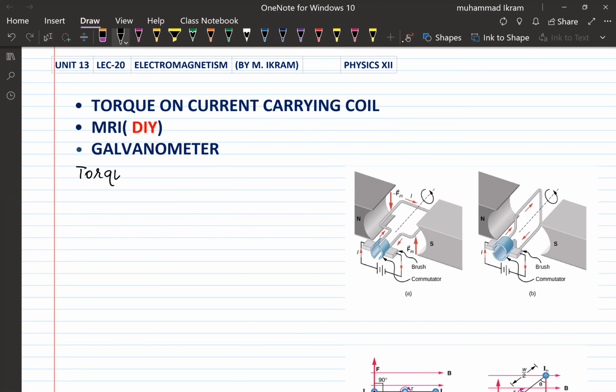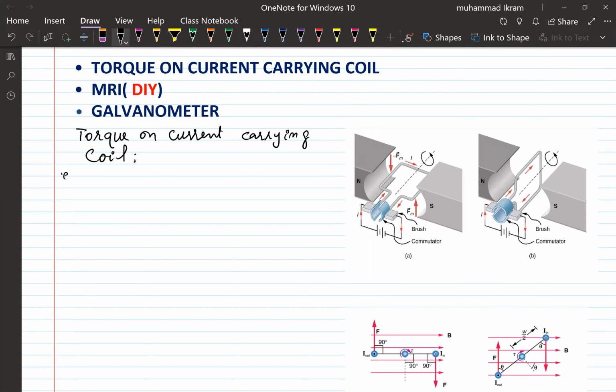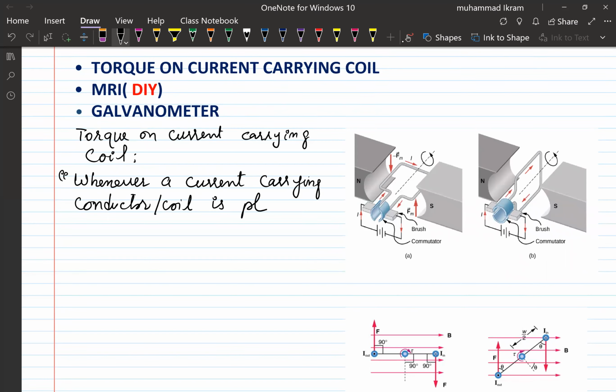Torque on a current carrying coil. The basic principle involved here is very simple. Whenever a current carrying conductor or coil, better to write coil, is placed inside a uniform magnetic field,